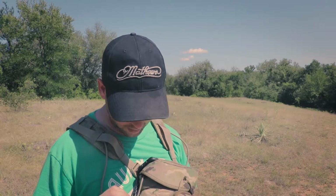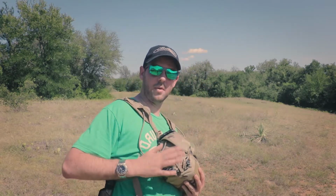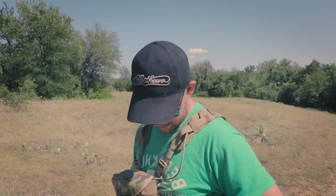And these zippers, I'm not sure if they're actual YKK zippers or not, but that's probably the thing I break most often on packs and pouches, is the zippers and the buckles. And I haven't had any problems with the zippers or buckles on this pouch. So I keep my little wind puffer on that side, and then the other side,